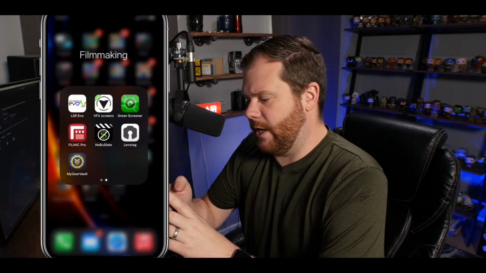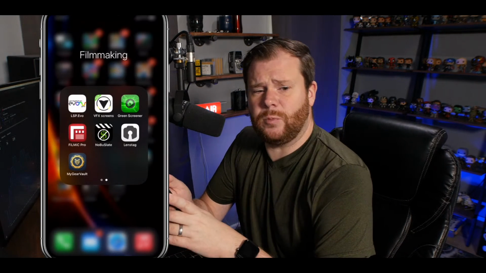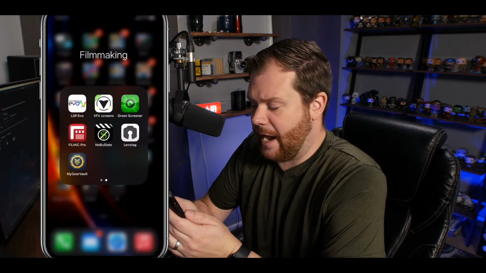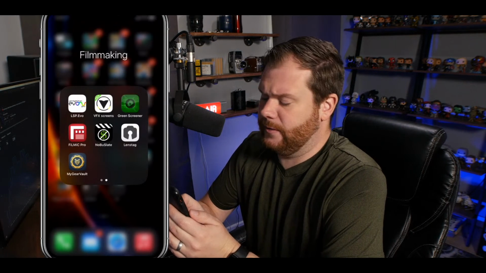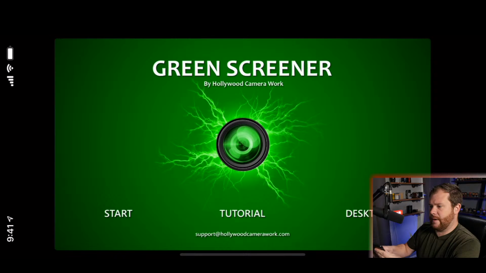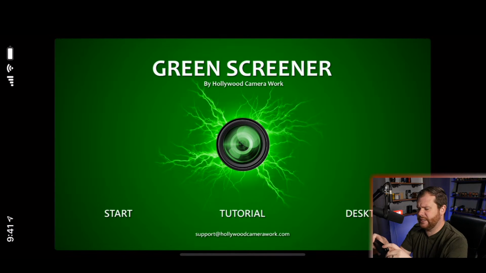That is VFX Screens. The next one is, I won't say similar, but also a very unique and niche app, and it is called Green Screener. And it runs horizontally, so let me pull this up. So this is Green Screener. This is one that I have used many a time. And what it does is it allows you to make sure that you have an evenly lit green screen. So if we go ahead and start,